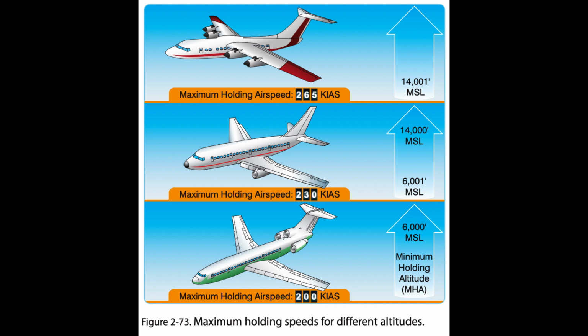Maximum holding speed. The size of the holding pattern is directly proportional to the speed of the aircraft. In order to limit the amount of airspace that must be protected by ATC, maximum holding speeds in knots indicated airspeed, KIAS, have been designated for specific altitude ranges. Figure 2-73. Even so, some holding patterns may have additional speed restrictions to keep faster aircraft from flying out of the protected area. If a holding pattern has a non-standard speed restriction, it is depicted by an icon with the